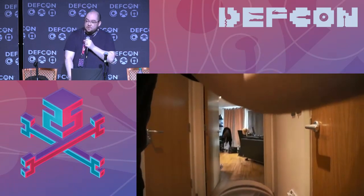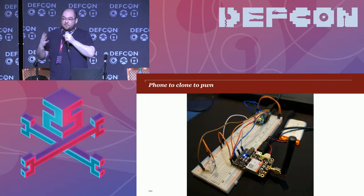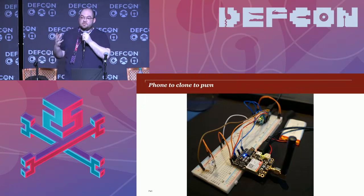Okay, second solution, phone to clone to pwn. This is using an Adafruit GSM breakout board. This is heavily based on Sammy Kamkar's Digital Ding Dong Ditch, if you've seen that. Some slight modifications: obviously it uses infrared rather than RF. It also doesn't use interrupts, it just uses a timed loop, and it deletes text messages off the SIM card